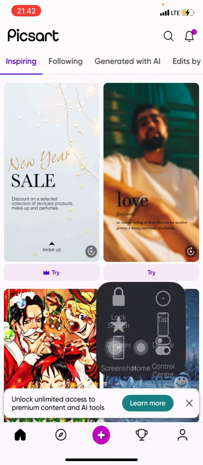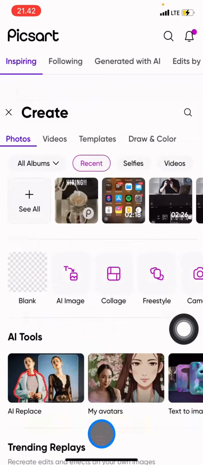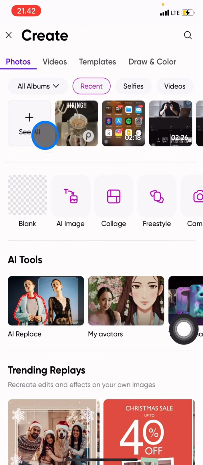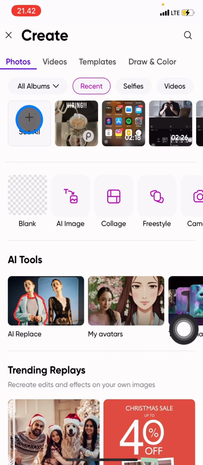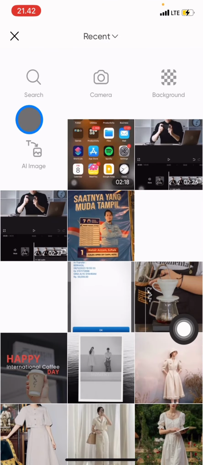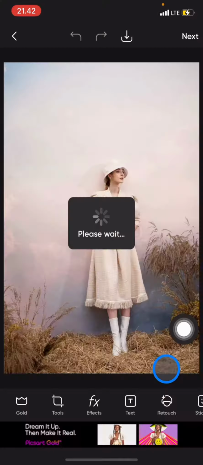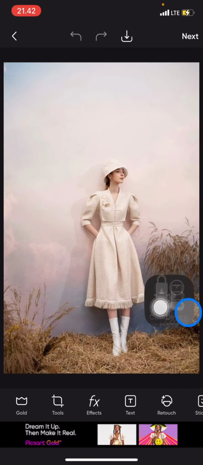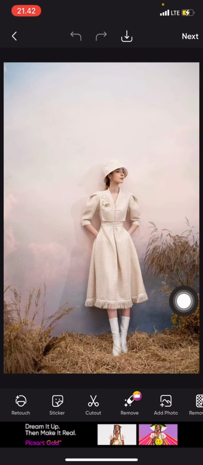To create a new edit, you just need to click this plus button. And then you click this plus button again, with the see all information here, to access your photo library. After that, you just need to choose the picture that you want to edit. For example, I will edit this picture. And whenever you're done here, you already have access to the Picsart tools that we can use for editing